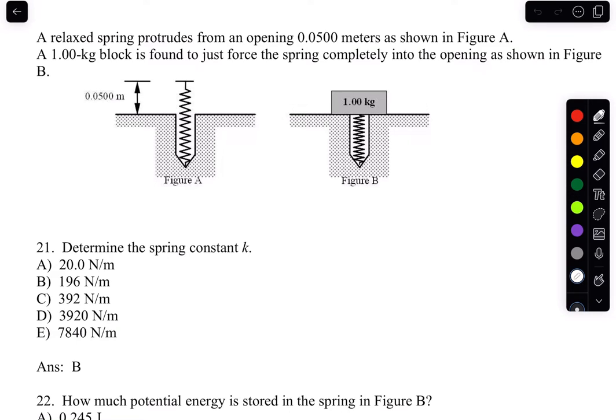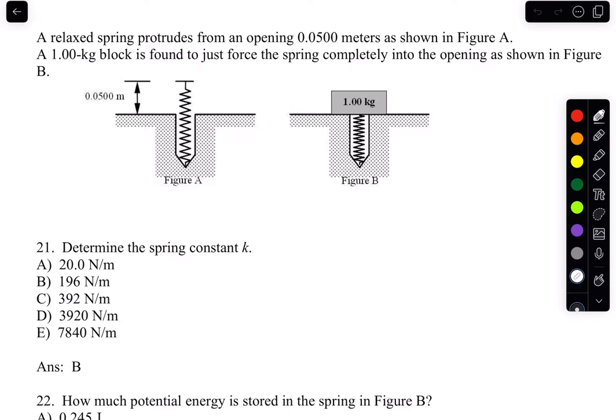So in this video, I'm going to solve some MCQ questions on simple harmonic motion. I'll start with this question where we have a relaxed spring that protrudes from an opening 0.05 meters as shown in figure A. A 1 kilogram block is found to just force the spring completely into the opening as shown